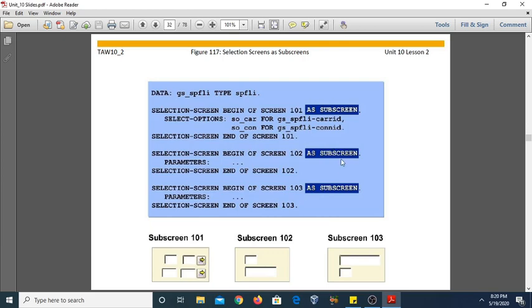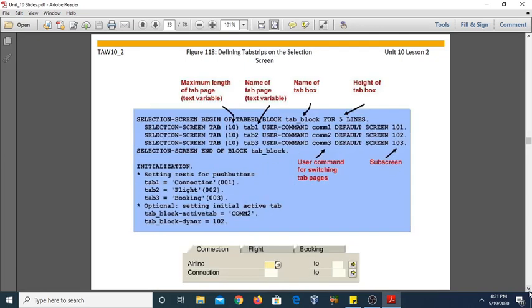Similarly, we have defined the other two subscreens with this syntax, and this is the output of these subscreens. Come to the next topic, defining tab strip on the selection screen.